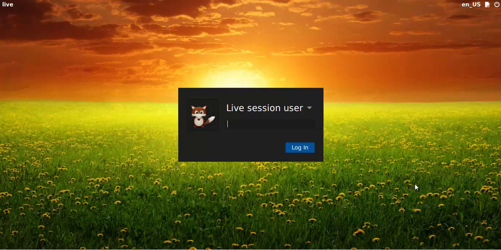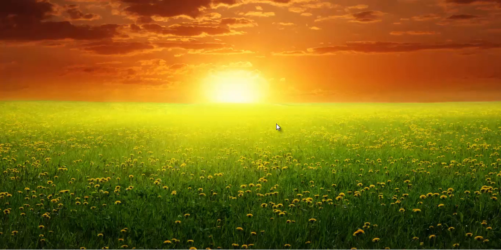Okay, so the first thing you're going to notice here is you have a new login screen. Very pretty, mostly transparent, as you can see at the top there. The panel is invisible. I am putting into live mode here, so this is pretty much your standard login screen. Got a beautiful background, really highlights the login box nicely. You got your avatar and you have your options at the top. Okay, so if I click login,